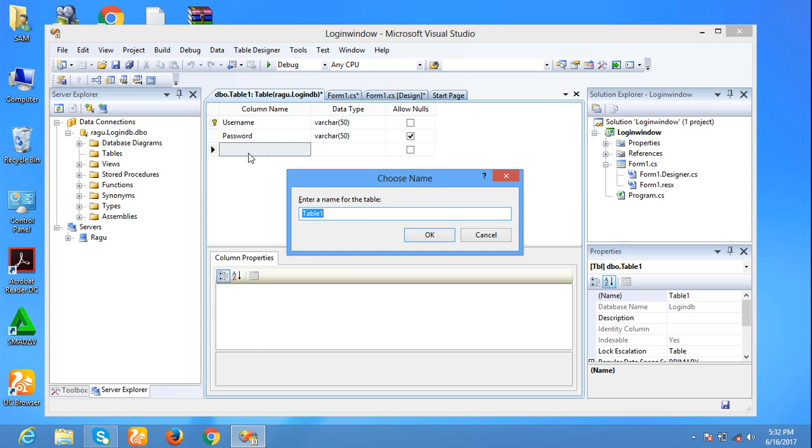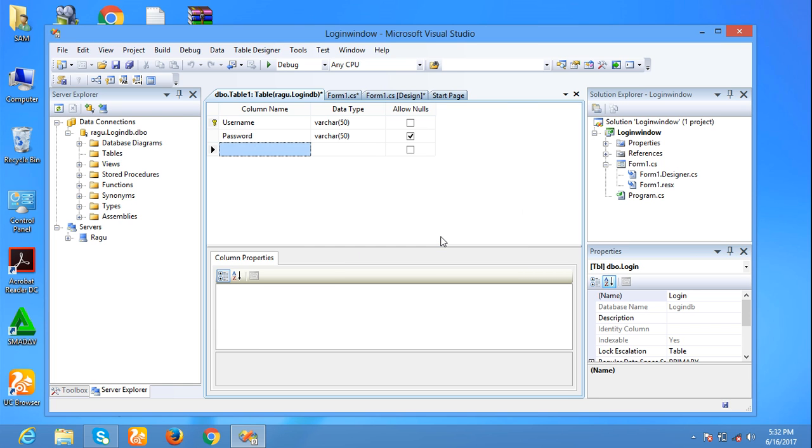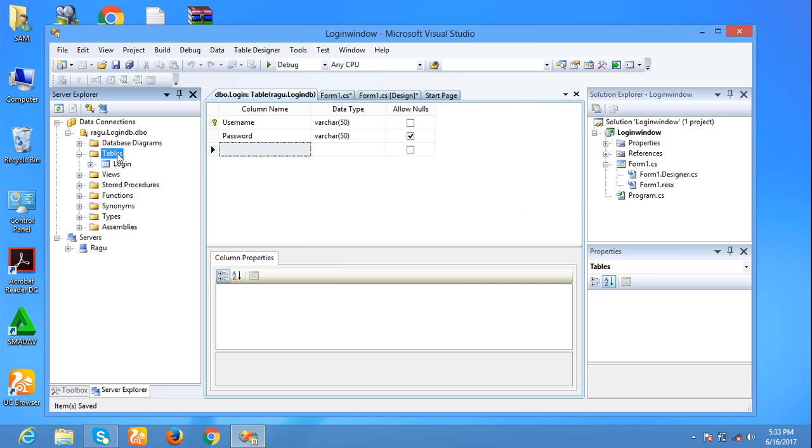I'm saving the table as login. The login table has two fields, username and password.